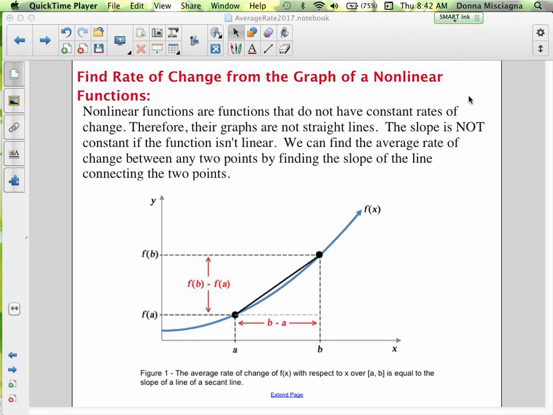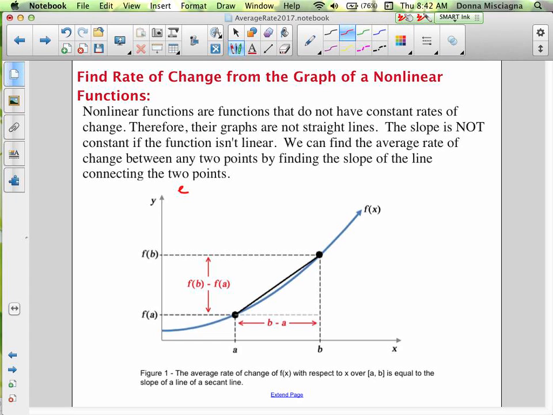We can find the average rate of change between any 2 points by finding the slope of the line connecting the 2 points. All right, so we are finding the average rate of change. So it's not the slope of the line, because you see this function here is curving, but we're finding the slope of the line that connects 2 points on the function. All right, so average rate of change with respect to x over AB is equal to the slope of a secant line. All right, so a secant line,